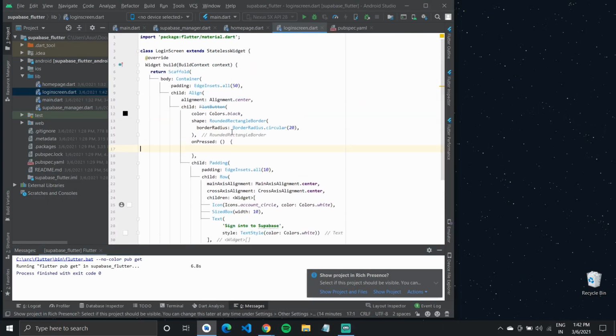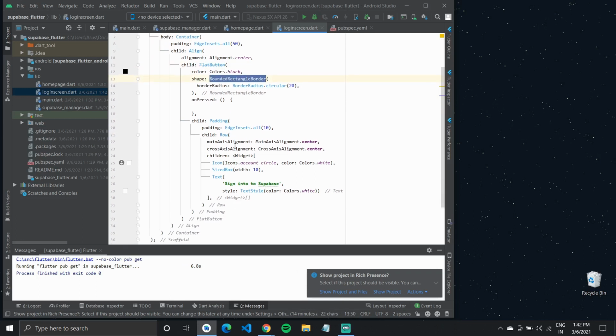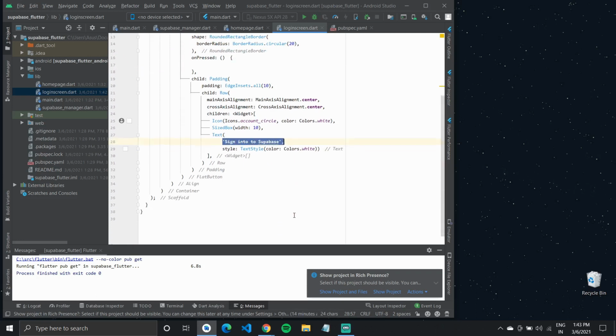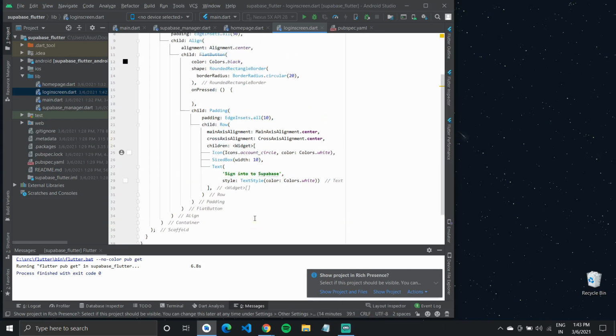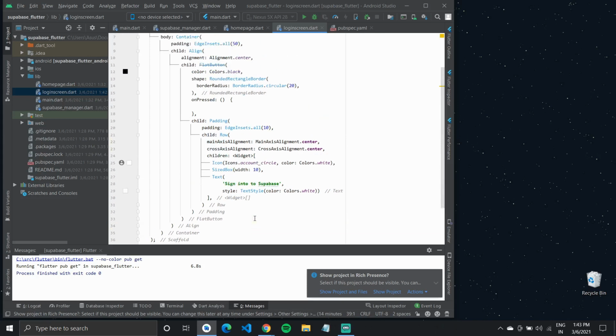So I have made this simple UI which has a scaffold that has a container. This container has a flat button with the border. The child is a row that will have an icon and then some text that says signed into Supabase. So I'll show it quickly.